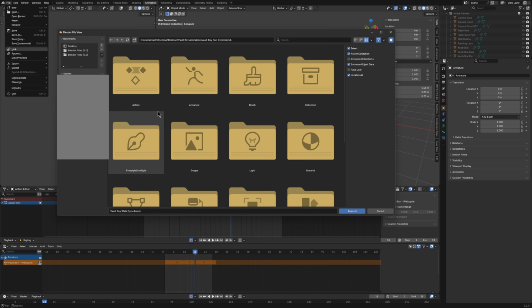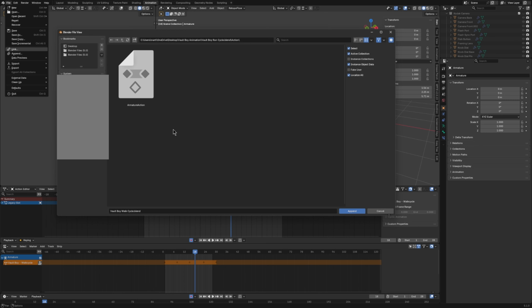from a different Blender file, and to append the animation, you go ahead and select the action folder. And okay, so this one is the run cycle animation. I'm going to change the name anyway. So select this armature action, append,